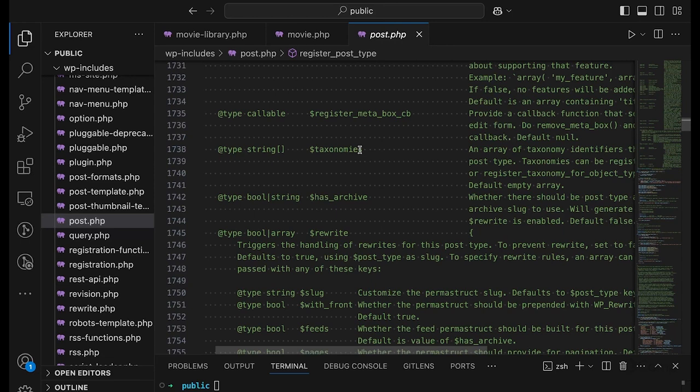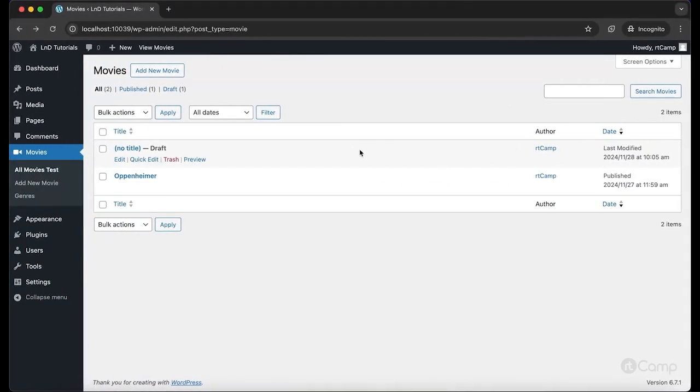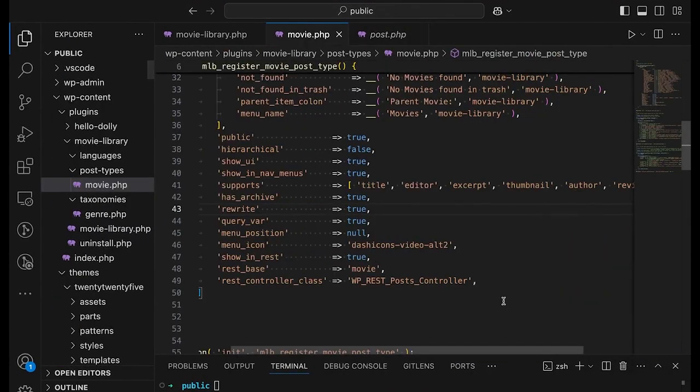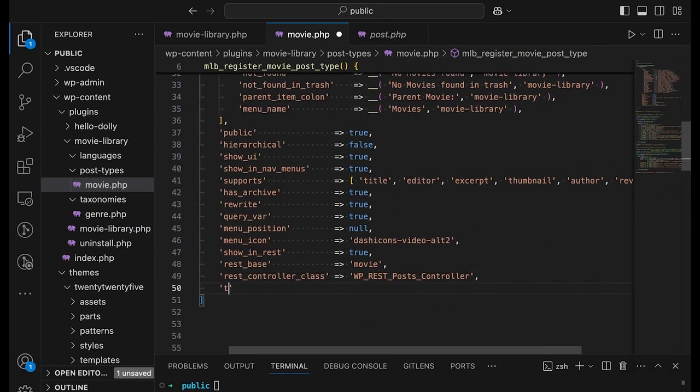Let's jump to taxonomies. For the taxonomies, you can pass an array of taxonomies that you want to add for your custom post type. For example, my page's default post type doesn't have any taxonomy, but post's post type has categories and tags as the default taxonomies. If I want to add these taxonomies to my custom post type, I'll just add a taxonomy argument here and provide it with an array of the taxonomies that I need, which is category and post